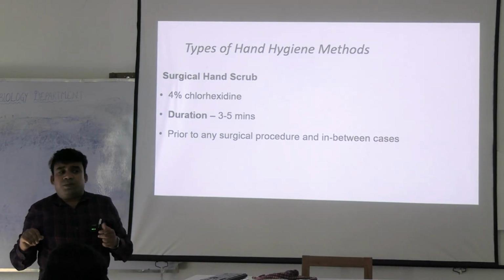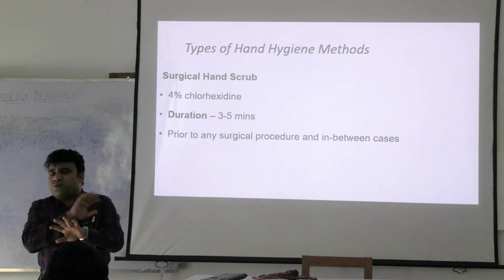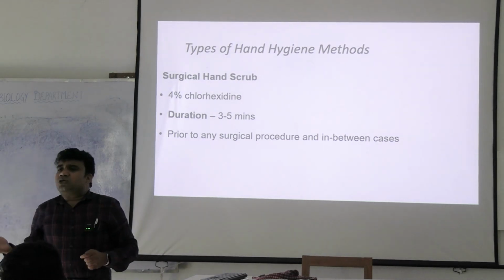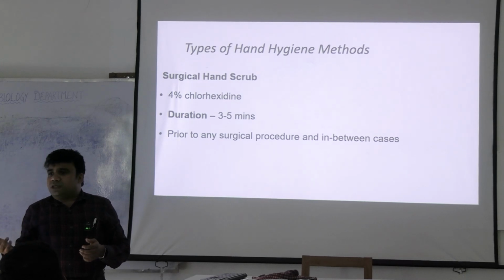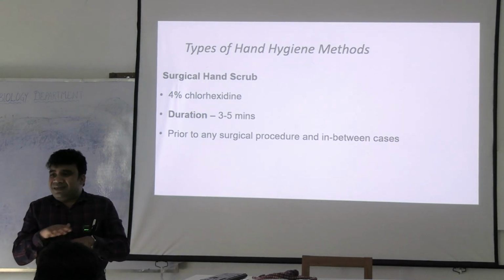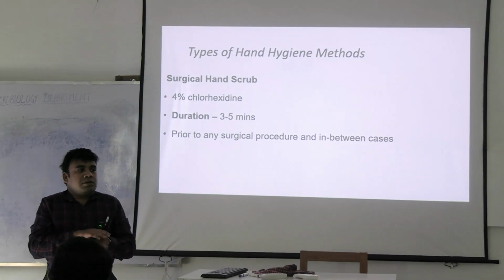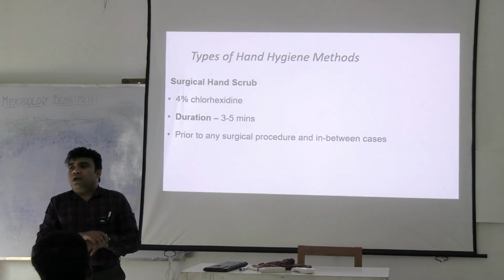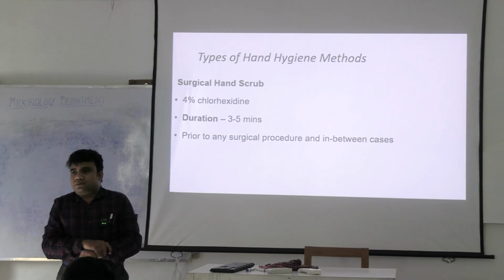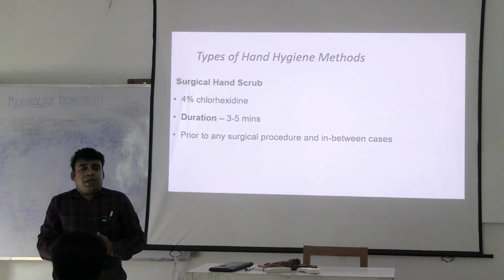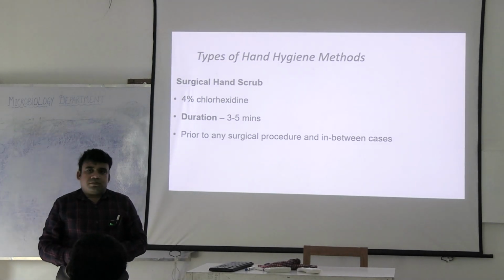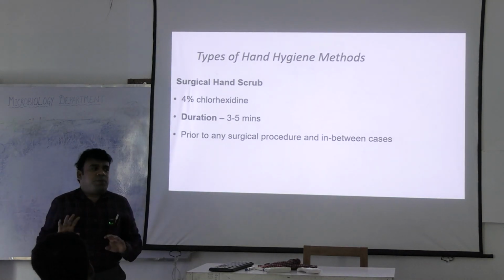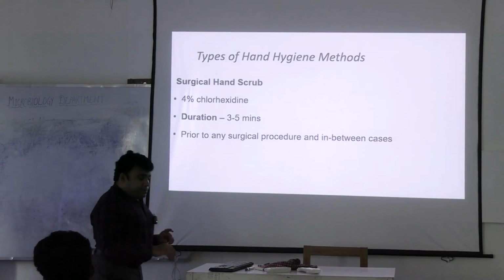Next difference would be there is vigorous rubbing, first with soap and then using chlorhexidine based liquids so as to decolonize the commensal organism on the hands of the arms. That is very important. Where we need to perform surgical scrubbing? Before any operative maneuver. Okay,